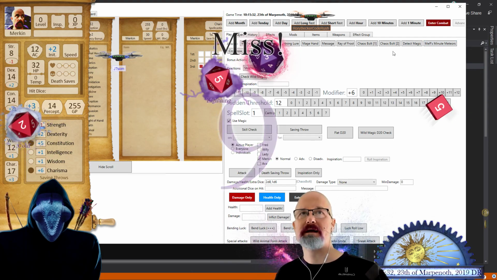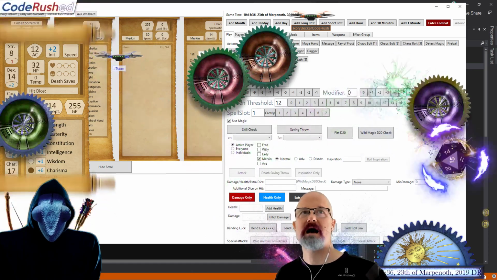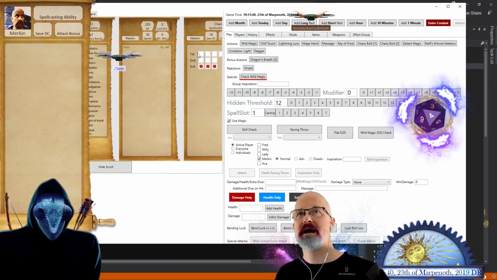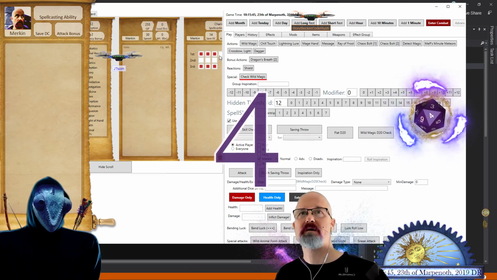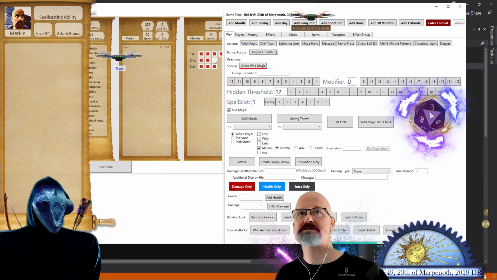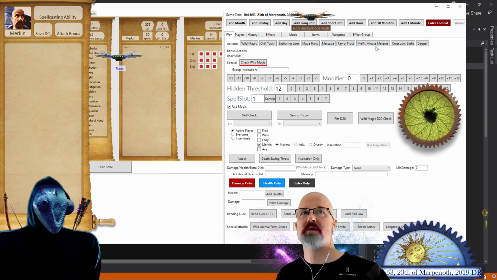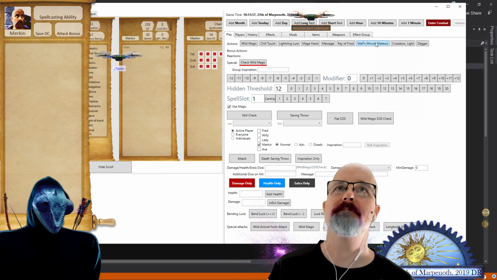But the cool thing is if we were to go back and say, well, I want to get another spell slot, suddenly our third level spells come back. And the same thing happens down here. If I take up all the spell slots, when I take that final one, all my first level spells go away. And if I do all this, all my second level spells go away, and I'm left only with my cantrips plus this bug of Melf's Minute Meteors, which, like I said, I've got to go look up.